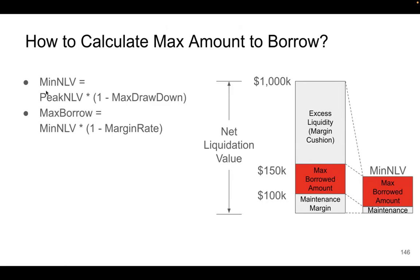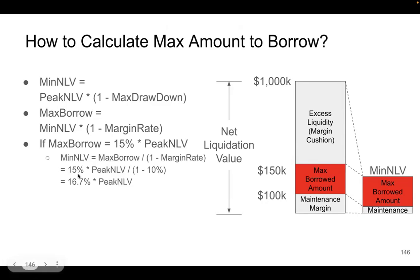And then once you know your minimum NRV, the max borrow can be calculated by this formula. It is the minimum NRV times 1 minus the margin rate, which is 10%. Okay, so if we allow you to borrow 15%, remember I always recommend you to not borrow more than 15% of your account value, which I was assuming is peak NRV. To be more accurate, it's not your account value, it should be the peak NRV. And then